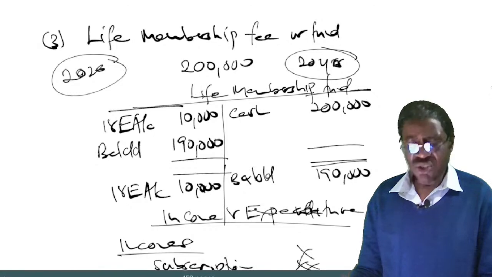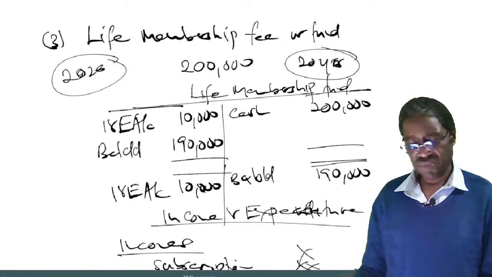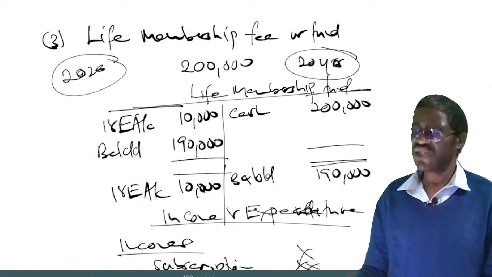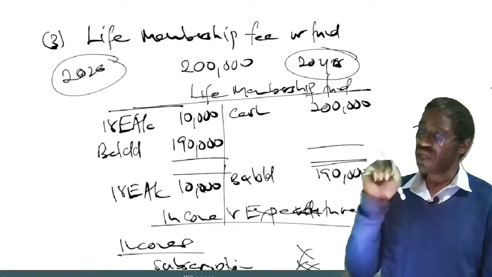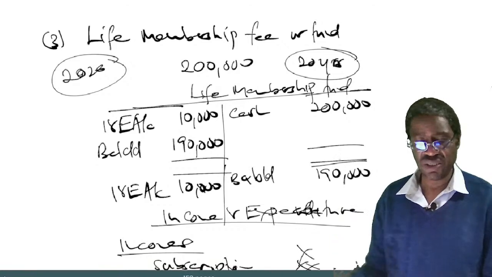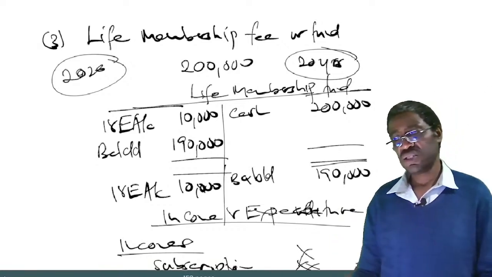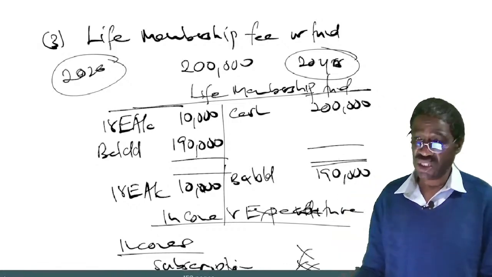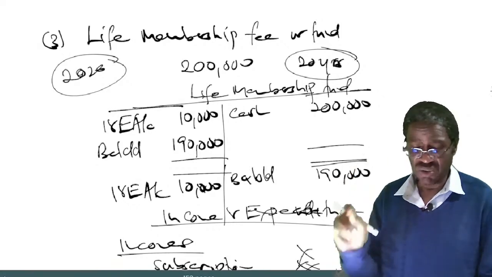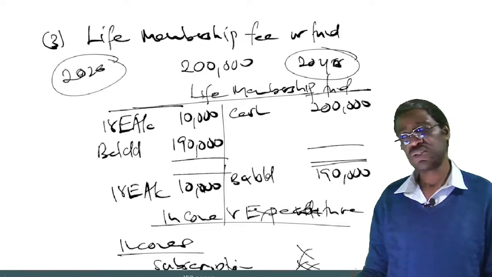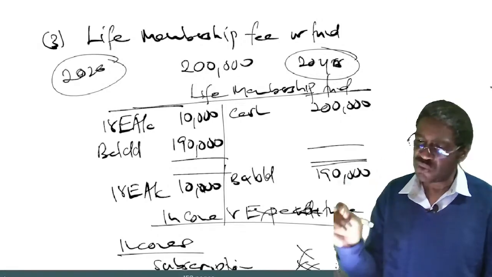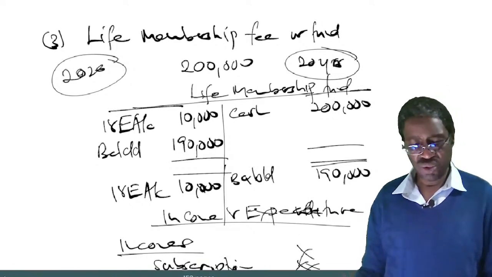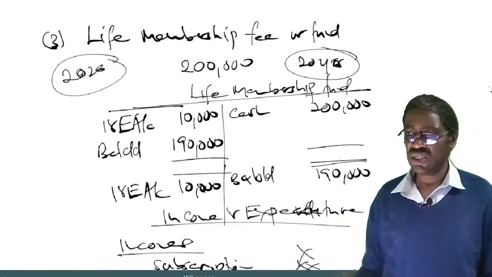The amount to be recognized as an income should be transferred from the life membership fund account to the income and expenditure account